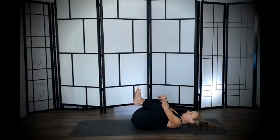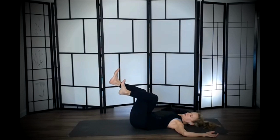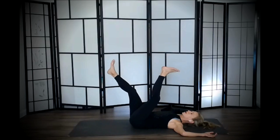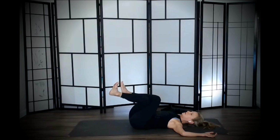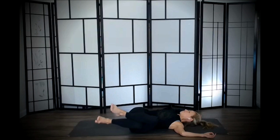Knees to chest, give yourself a hug. Right leg over the left, eagle legs, beautiful. And then taking your knees to the right, gaze to the left. Come on, back up, switch left leg over right, high twist, knees to the left, gaze to the right. Bring the knees back up,